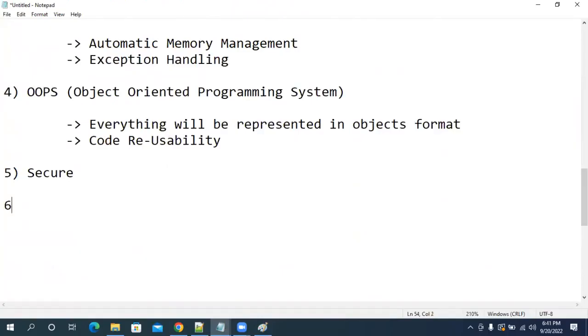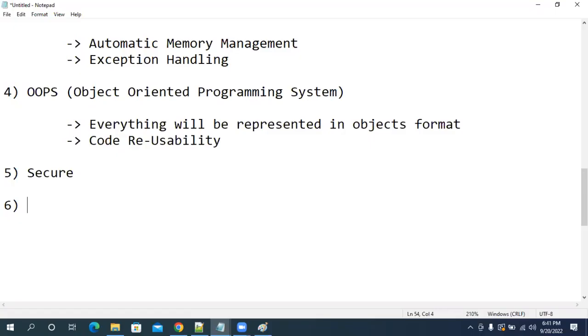Next one. Another advantage. As of now, we have seen 5 advantages. What are those? Java is simple, Java is easy. Java is platform independent. Java is robust.